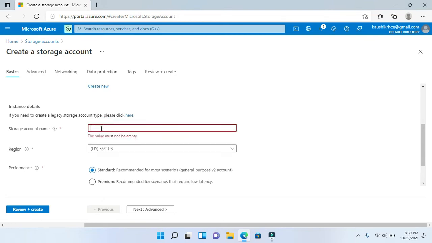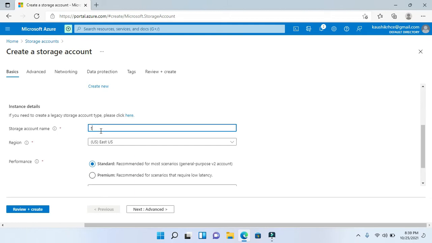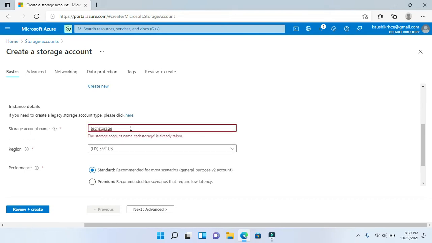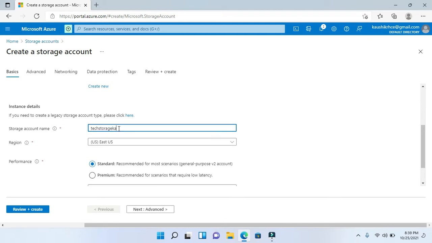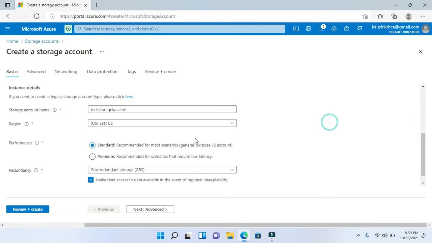So I'm giving tech storage. Okay, stick storage Kaushik. Let's see, this is stick storage Kaushik, so this name is accepted successfully.